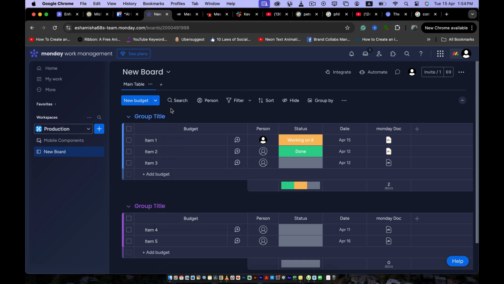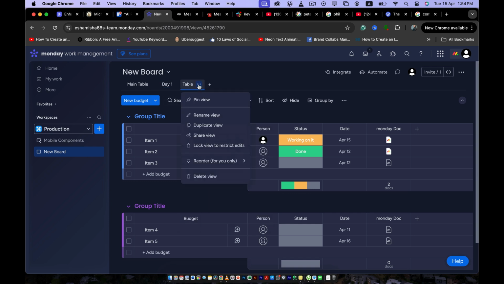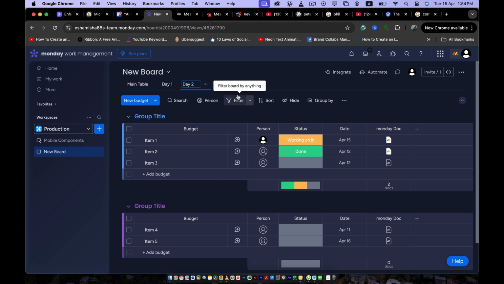Let's add a view and call it, let's just call it day one. And then let's add another view and call it day two. And then add another view and call it day three. Now, for example, I need to make an order of these views because most of the time it